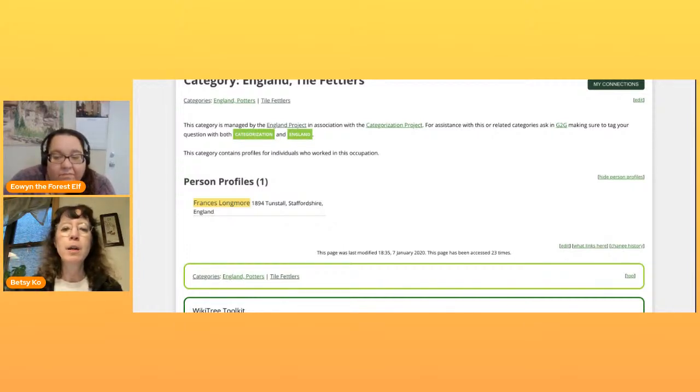However, if I go into edit mode, you'll see here that above the biography, we see what categories she's been put into. So maybe a birthplace and a death place. Let's see, where was she born? Born in Tunstall, and I'm not sure why the Smallthorn is there, but